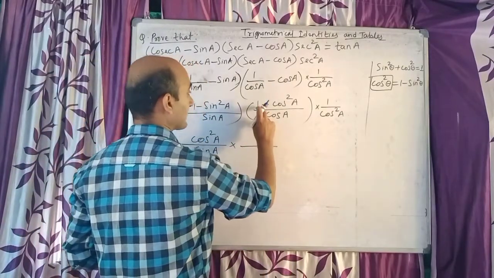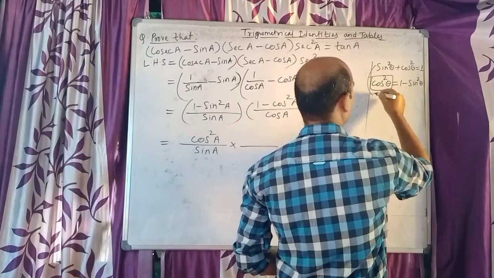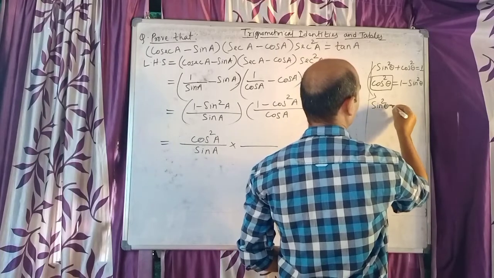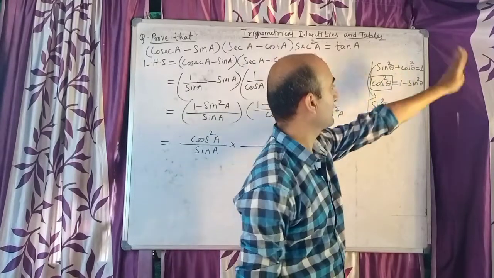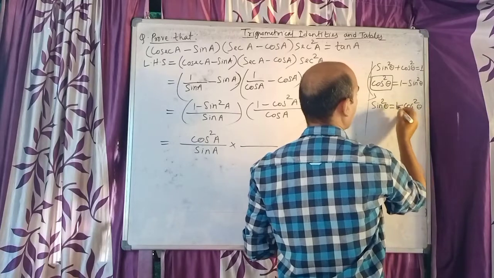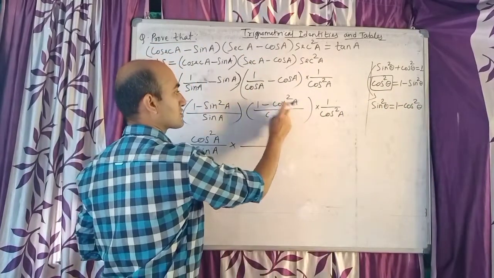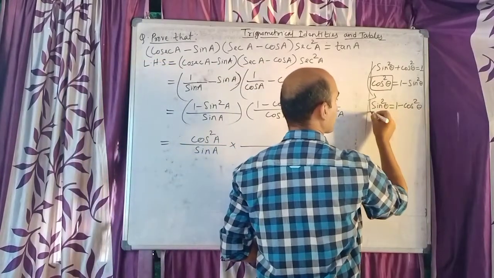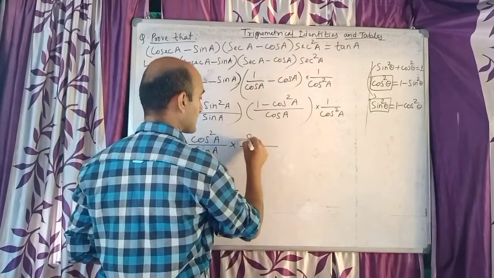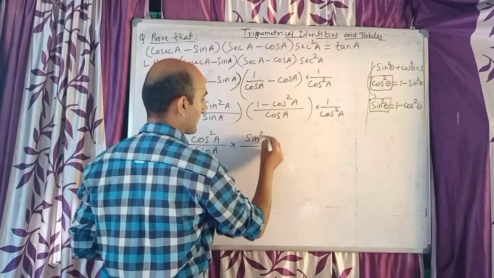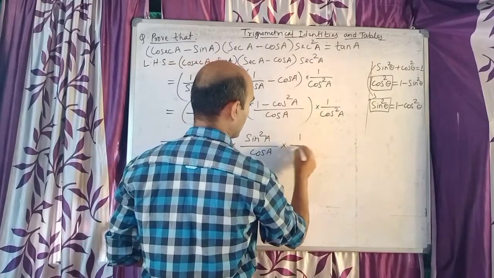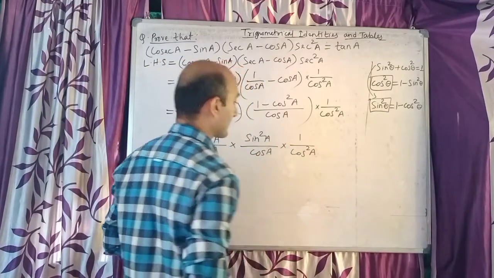Now same thing, 1 minus cos square A. Now from here only you try to make sin square theta alone. If you make sin square theta alone, cos square theta will go that side, and it will become 1 minus cos square theta. So now you see, children, same 1 minus cos square A, 1 minus cos square theta. Whose formula is this? Sin square theta. Same thing I will write, 1 minus cos square A is sin square A by, below is same, cos A, into 1 by cos square A.